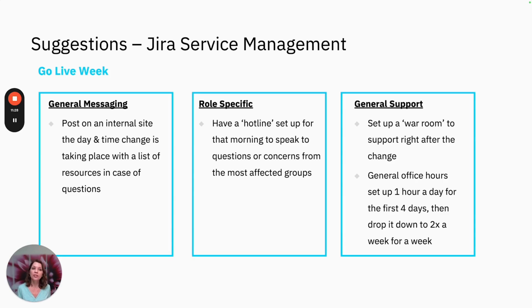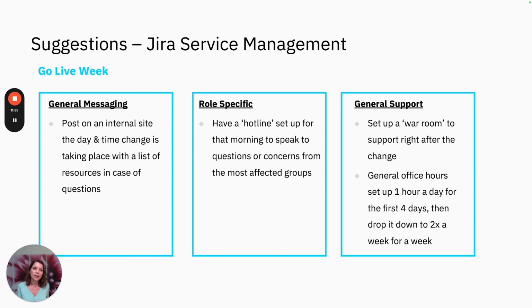And then finally, general support. So terrible name, but we still call them war room situations where we might get 15 people, 20 people who are able to answer tickets immediately or be reached out to for questions. In our world now, this might be a virtual room, might be a physical room, just kind of depends on what your setup is like.